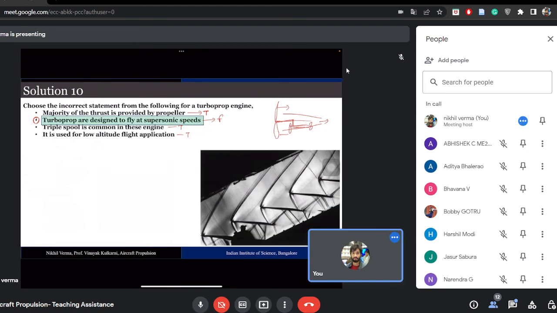They are designed for supersonic. The reason being, if you try to run this turboprop at supersonic speeds, what will happen? The blades will be cruising at a supersonic speed, and there will be shock waves formed, and this will create higher loss. As you can see in this image, this is the compressor blade, and when it is traveling at a Mach number greater than one,